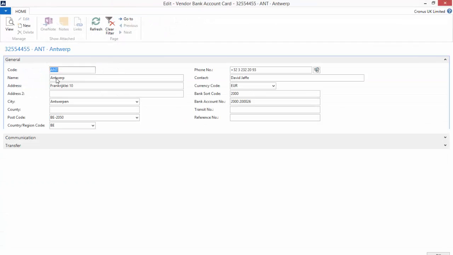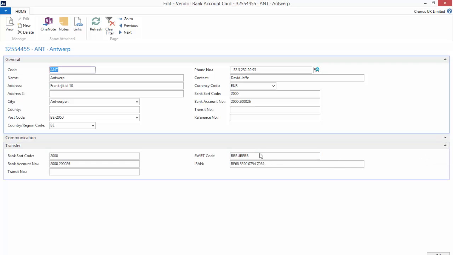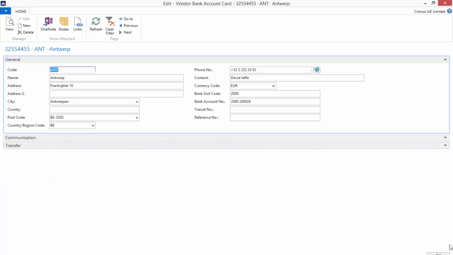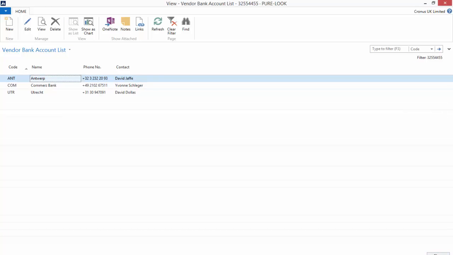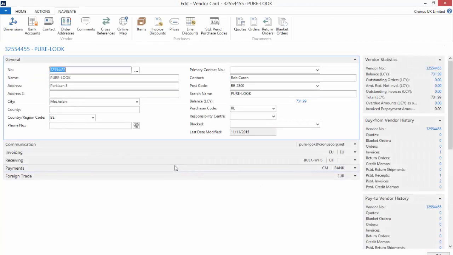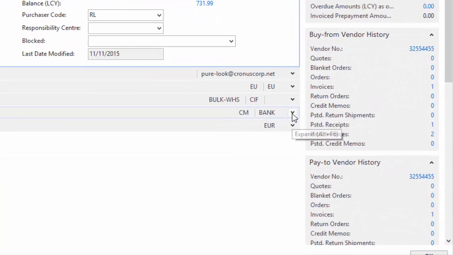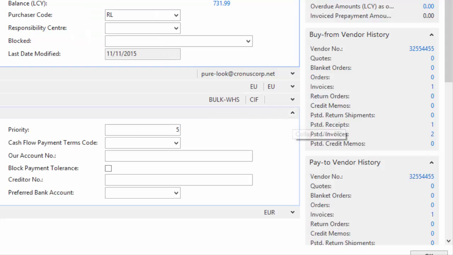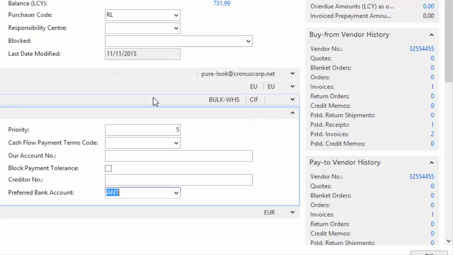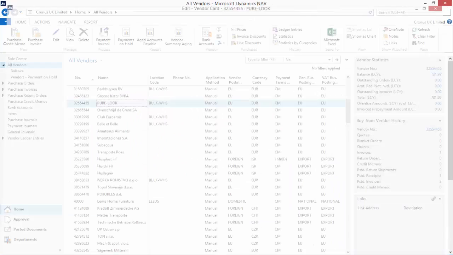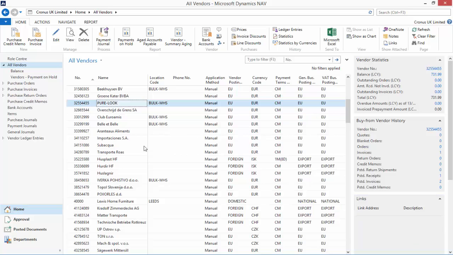I need to make sure that this vendor bank account has a valid SWIFT code and IBAN account number assigned. Assuming this is correct, I can go back to the vendor account, and on the Payments Fast tab, I can select one of the vendor bank accounts which I know has a SWIFT code and IBAN number assigned. In this case, I'll choose Antwerp as the preferred bank account for this vendor. Now we have completed the setup,